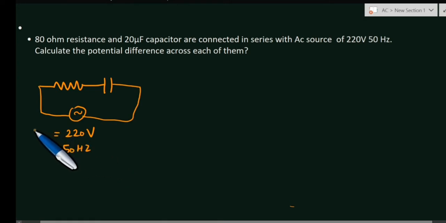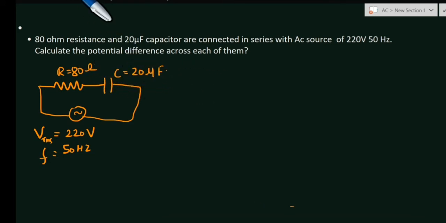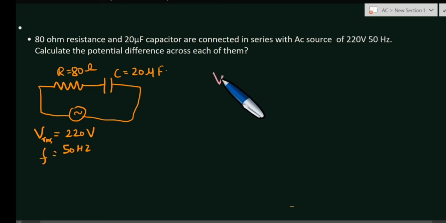So the value of Vrms is given and the value of frequency is given, and R value is 80 ohm and capacitor value is 20 microfarad. And they are asking here, calculate the potential difference across each of them. So what is the value of potential difference across a resistor and the value of potential difference across the capacitor